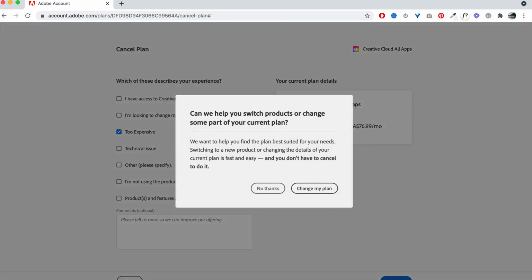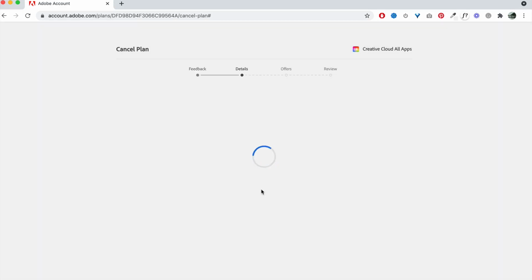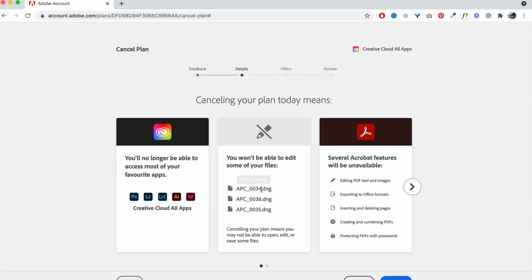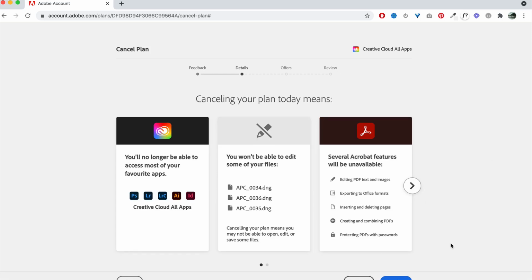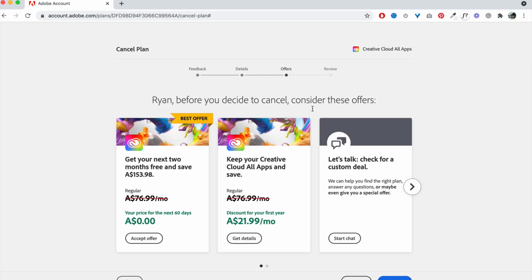Hit Continue. And they're going to do some tricky things to try and convince you to actually do something different, like change your plan instead of cancel. So hit No Thanks. And from there, it'll show you what you're going to miss out on. Okay, hit Continue. Then we get to Offers, and bam, just like that, they'll give you your same plan for 2 free months,